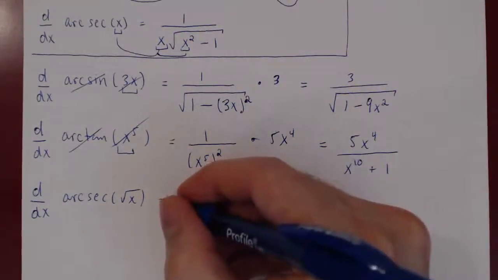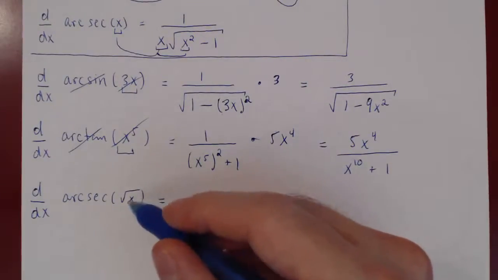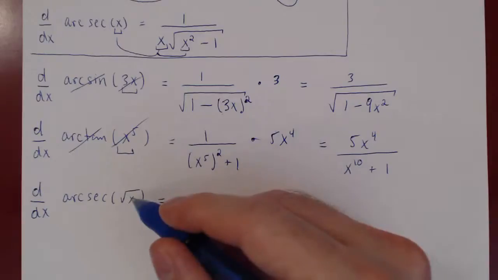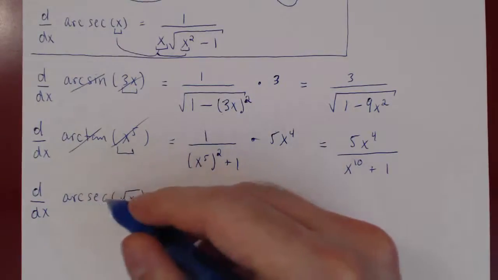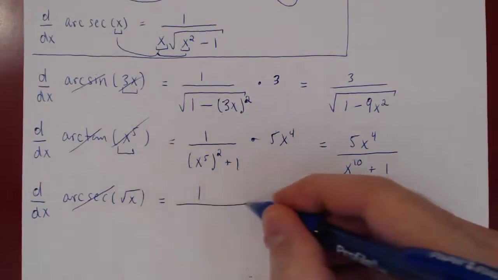So the argument now is root of x, and again we have a composition. If I give you an x value, first find the square root of x, then take the arcsecant of root of x. So the outside function is arcsecant, differentiate that,